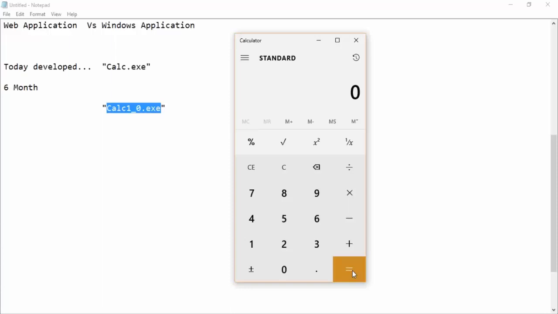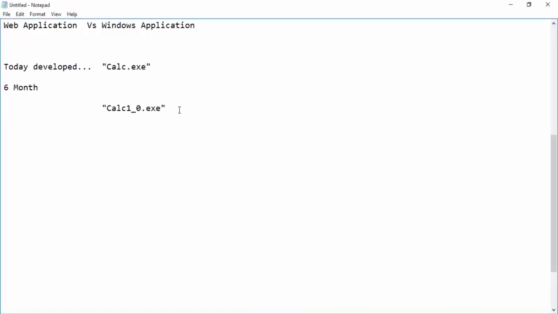If you don't have the space, again you need to delete something else to provide the required space for this application. That's also a problem. So in the case of web applications, you need not provide any exe files to the clients. What will happen is, after creating a web application, we will keep it on a server. So a server will be a physical thing. It will be there somewhere else. We hear these words, server is down for some point of time, so the server is not responding. Whenever you are trying to access any web application on your own, maybe the server is down for that particular time, and this kind of message will be seen. So what is that? Actually, we call it a web server.